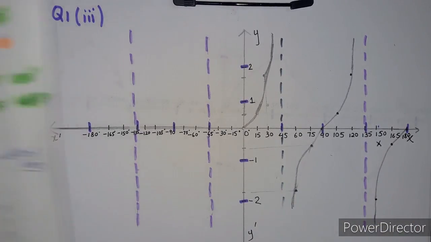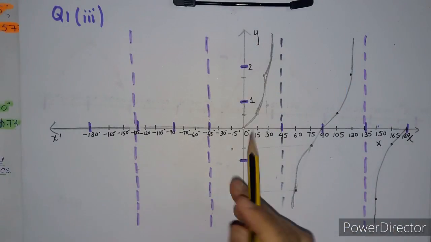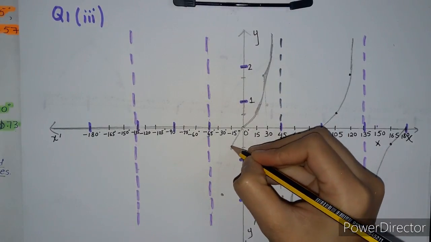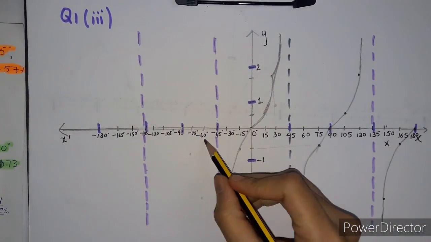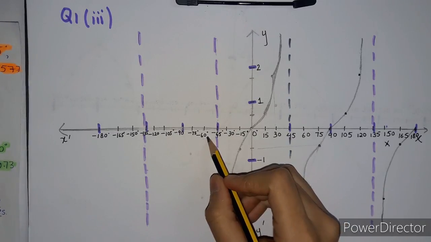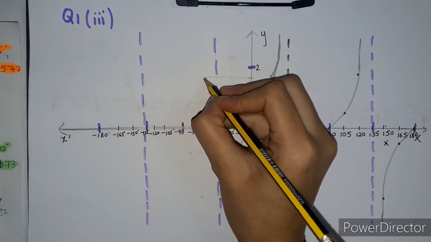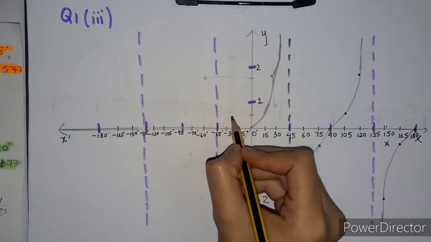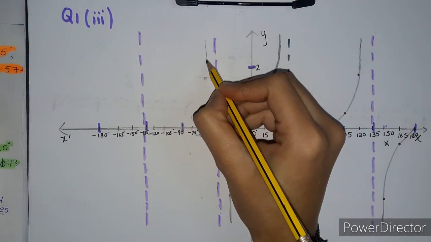Same method. Minus 15 is minus 0.5. Minus 0.5 is here. Then minus 30, now I will just draw it, minus 1.5, like this, and join it like this. Then we have minus 60, which is plus 1.7, which is here, and then minus 75, which is 0.5, somewhere here, so this point, and 90 is 0. So you have to draw like this.